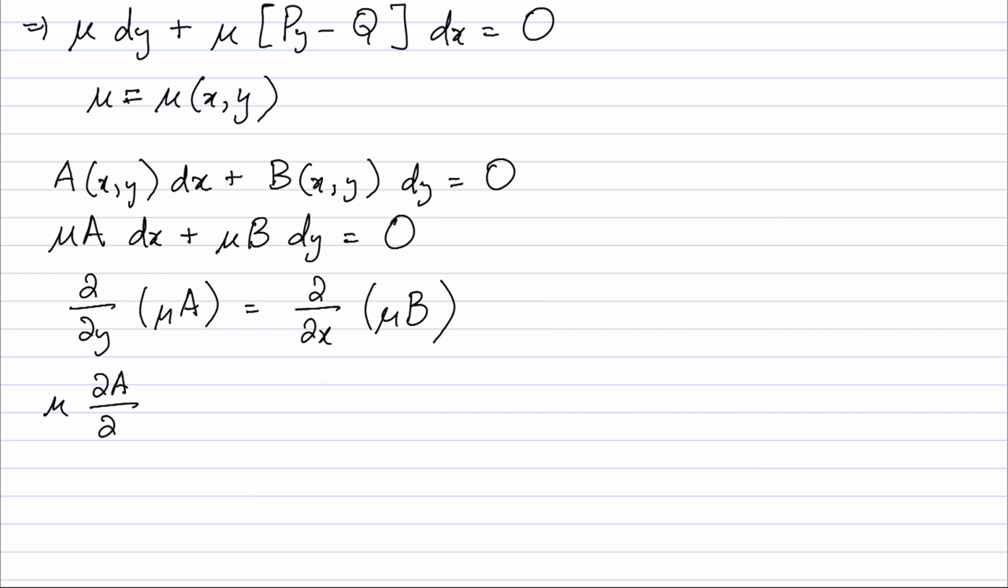And this is equal to, then you apply the product rule, so you have partial b with respect to x times mu plus d mu by dx times b, with no partial derivative over here because you are assuming that mu is only a function of x. Then you can rearrange this equation. You can divide by mu throughout, so you'll get